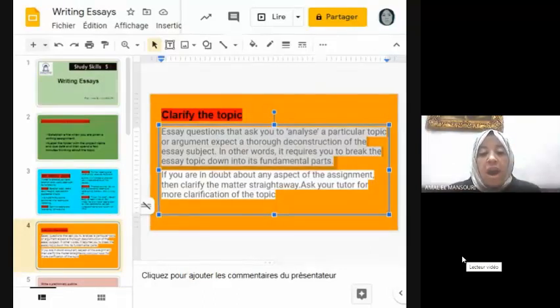If the exam question, for example, is explain, explain questions expect you to basically clarify a topic. When answering such questions, it helps to imagine you are writing for someone who knows absolutely nothing of the subject.